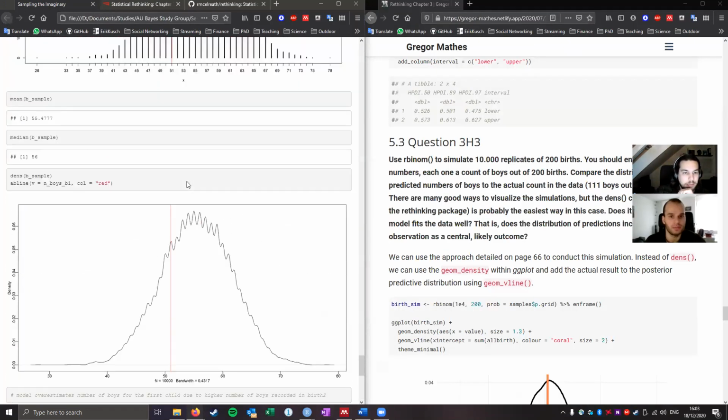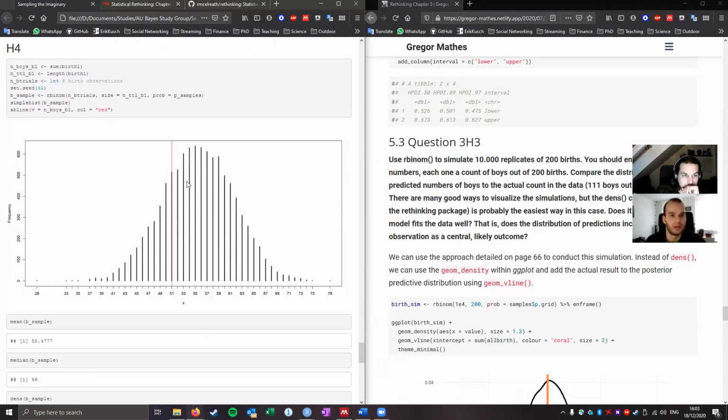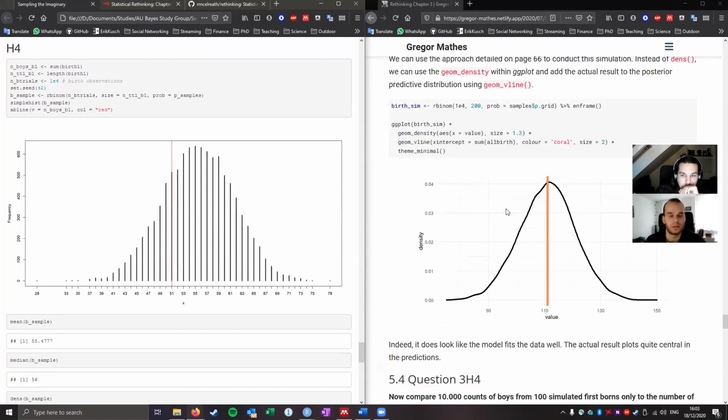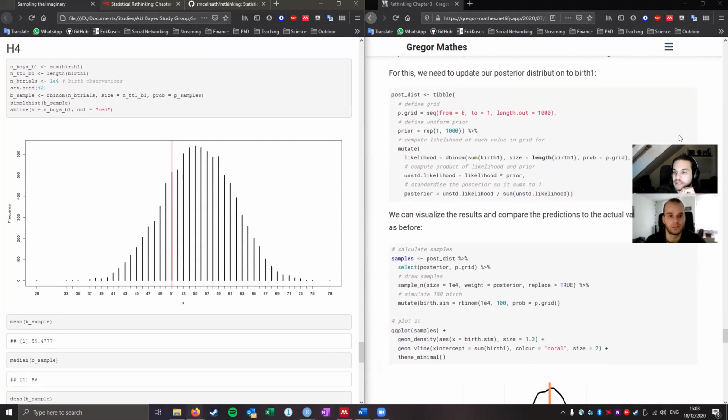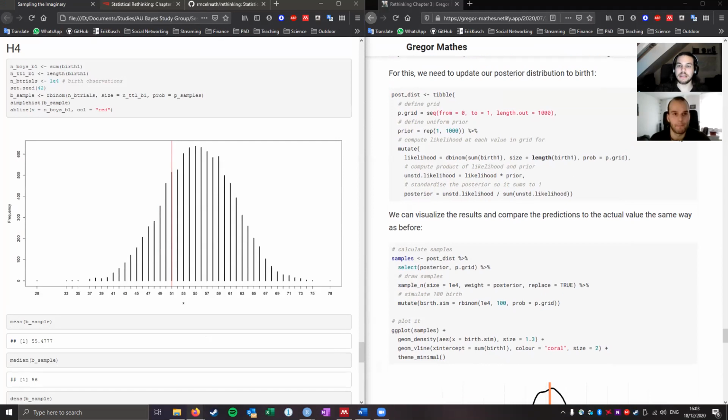I'm just going to have them side by side. Exactly. So this is H4. Got it. Let's have a look at that. So start with 1. Can visualize the results. D binom, you do